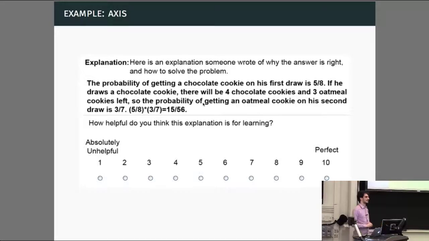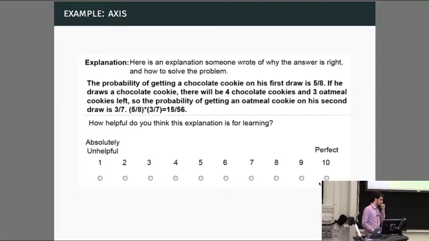As we keep doing this, if we keep collecting explanations from a bunch of workers or students, we're going to increase the number of explanations we have. And now we want to filter and say, which of these explanations are actually useful? So what is our metric for whether an explanation is useful? In this case, what they used is whether other workers or students thought they were useful. If I rate this explanation as perfect, 10 out of 10, then the system is going to think, OK, that's one sample. One person thought this explanation was great. That's the reward that we obtain.